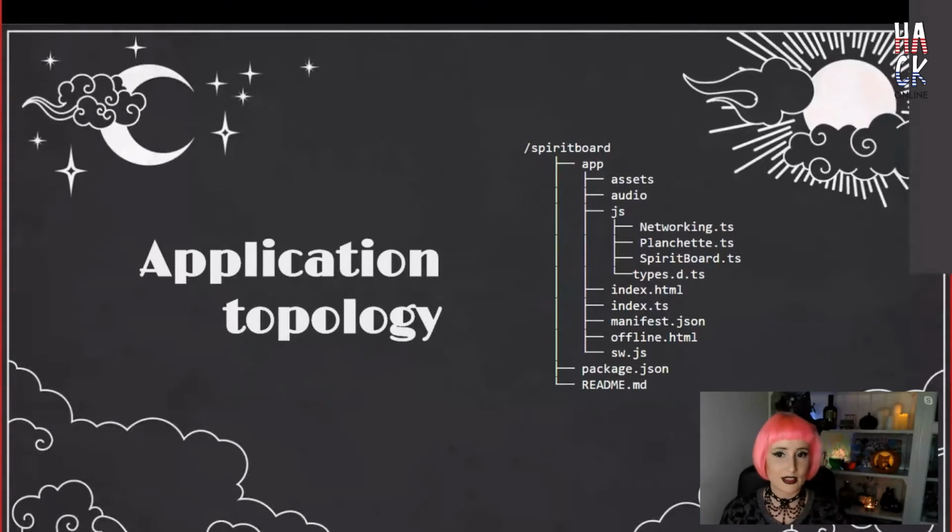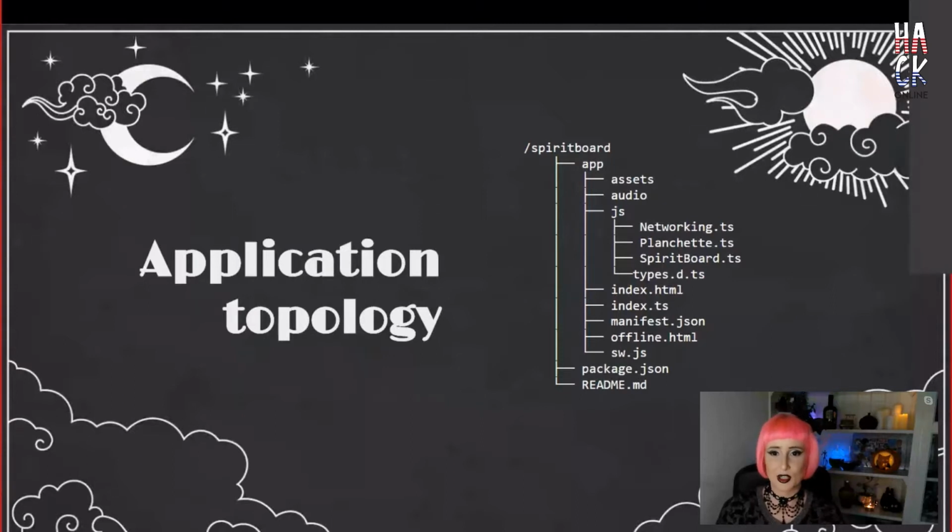So the entry point for this app is going to be in index.ts. The HTML is in the index.html file, although honestly, there isn't very much HTML at all. As I mentioned, it's a web app, so we've got a manifest, which is going to set the theme color, set the icons and the orientation for the app, along with hiding the browser Chrome. So we've set it to standalone. We've got an offline page for when there's no network at all. Unfortunately, the app doesn't really work with no network at all, so all we have there is a page that says, please get on the internet.